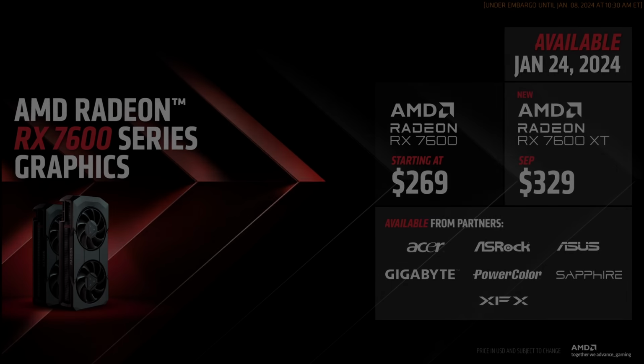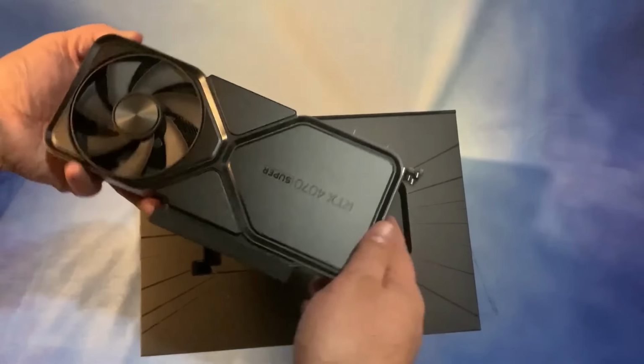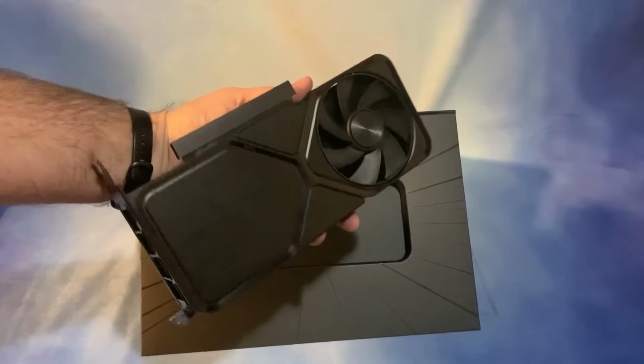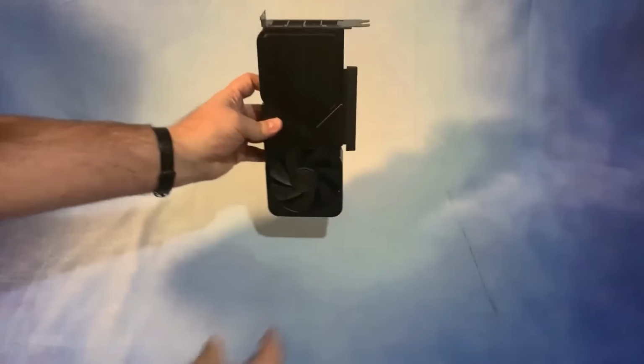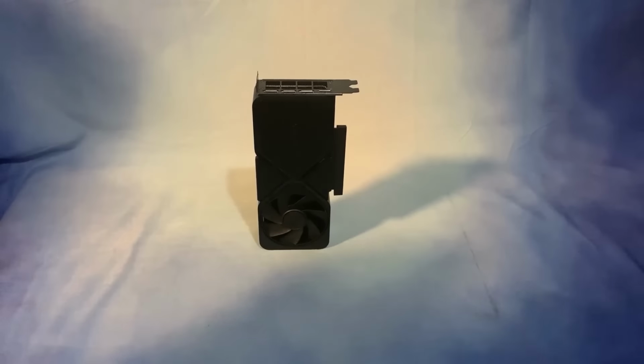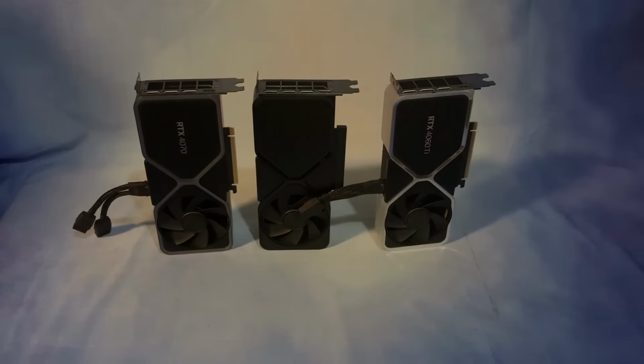Now, of course, Nvidia did just announce their Super refresh, and I think that will have an impact on pricing for the AMD cards, but I'll talk about that tomorrow when I look in more detail into the 4080 Super, 4070 Ti Super, and the one that seems the most interesting to me, the 4070 Super. In fact, seeing as there are so many GPUs out there, I might do a chart of the GPUs I would recommend at each tier. That should be fun and not